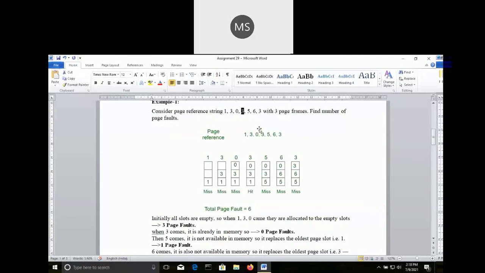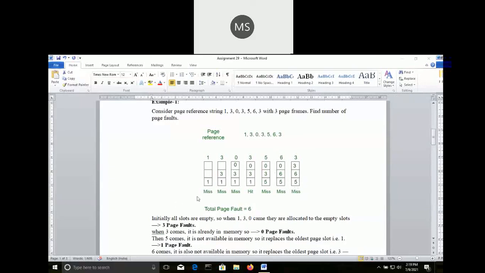Now the next reference is 5. 5 is not available in the frames, so 5 will replace the first page that came into the frames, which is 1, so it becomes 5, 3, 0. Then requested is 6; 6 is also not available, so the oldest one is 3, and now we have 5, 6, 0. Then requested is 3; this time 3 is also not available, so 0 will be replaced by 3, and we have 5, 6, 3.